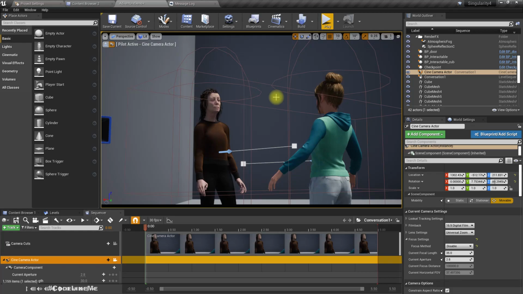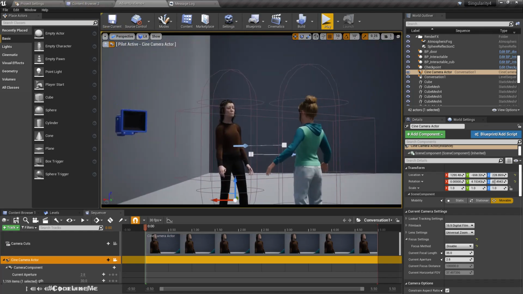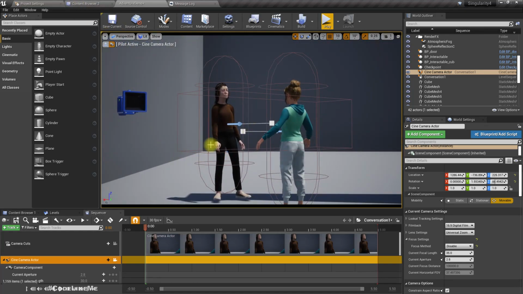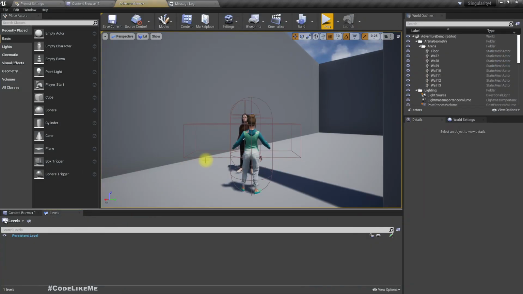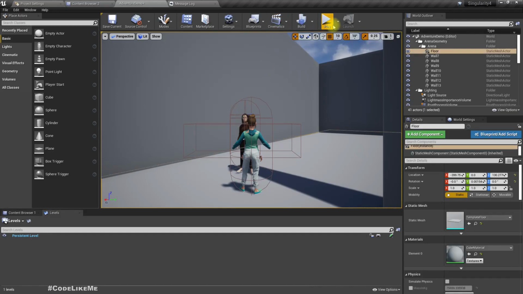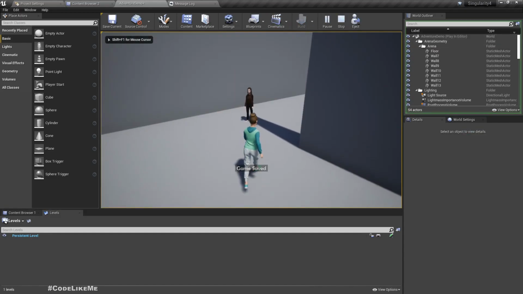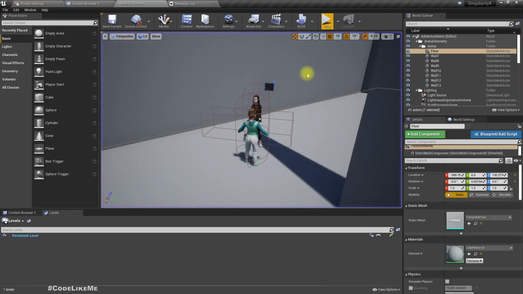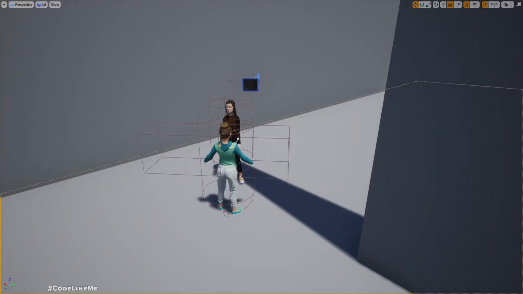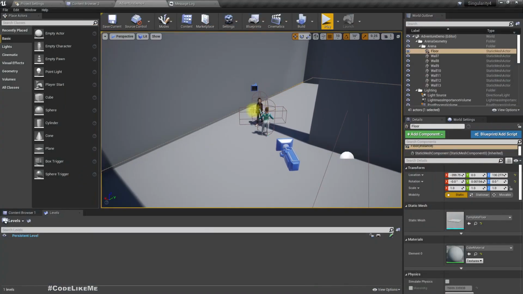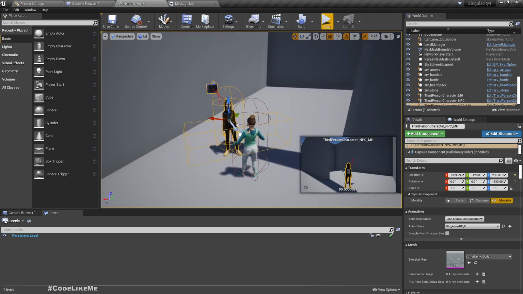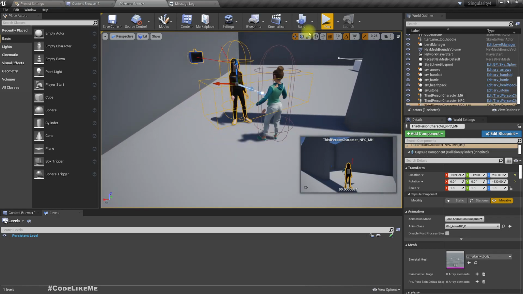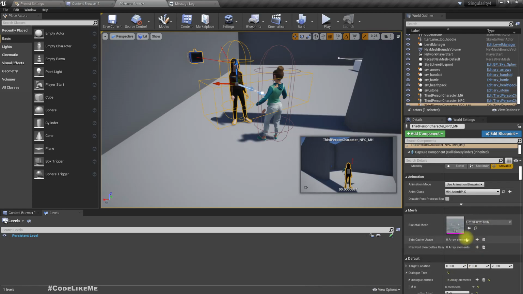Right, so now let me close this sequencer and play the game. And when we go here, let's play that sequence. So to do that, we need a way to reference that sequence when we